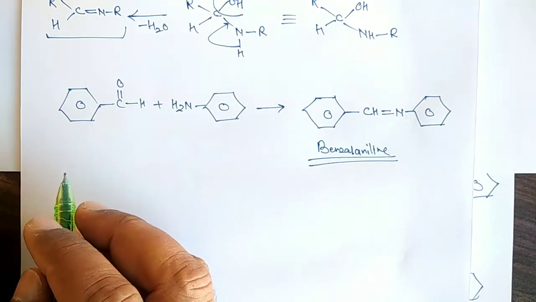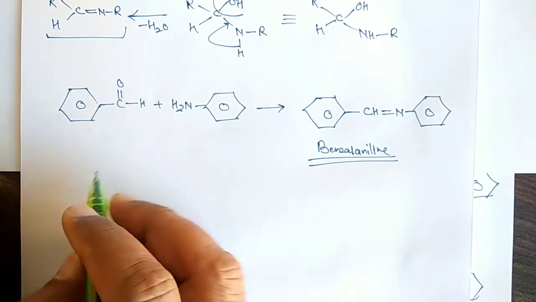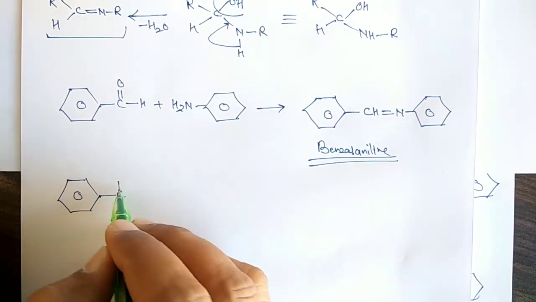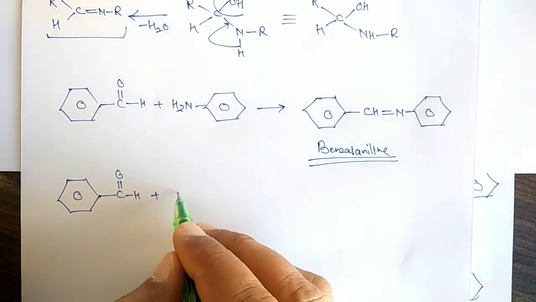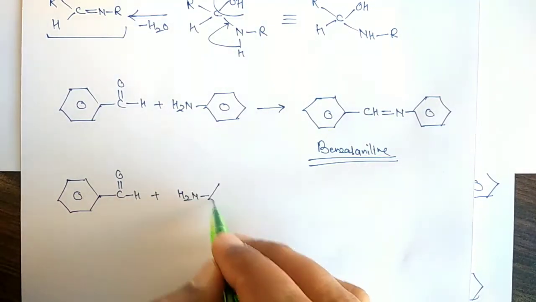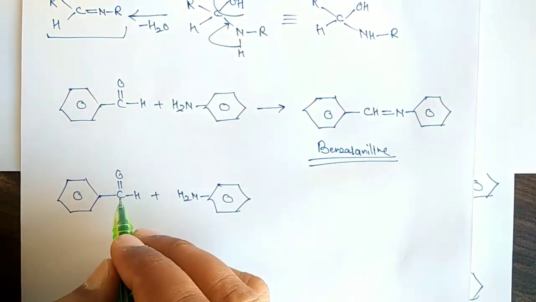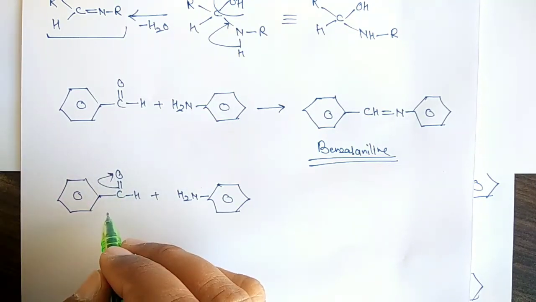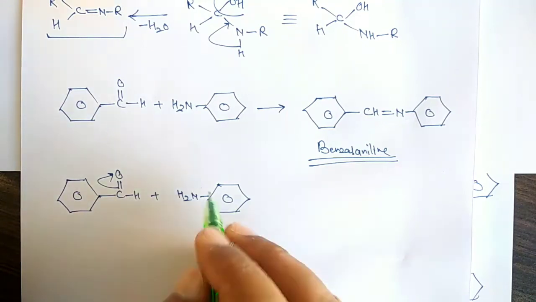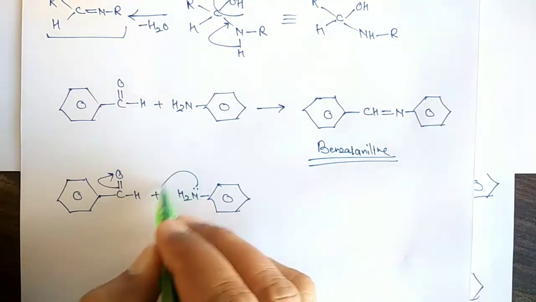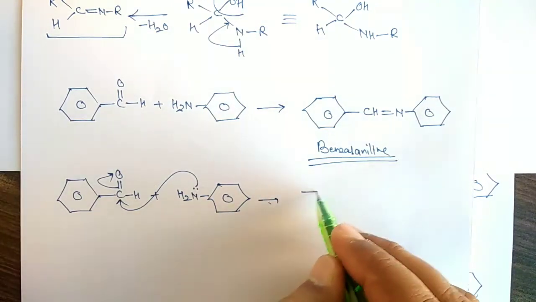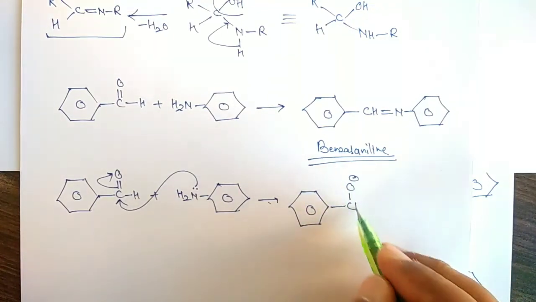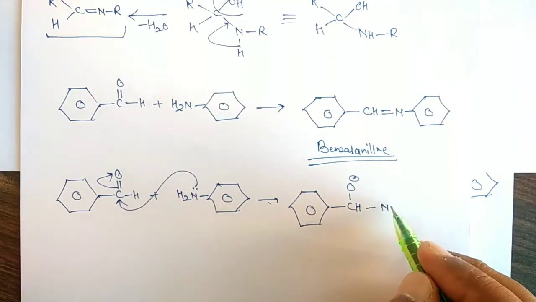So I will do the mechanism here. So let's start from benzaldehyde. So this is benzaldehyde and this is aniline. Now see that oxygen is more electronegative than this carbon. So therefore it withdraws the electron density toward itself, and this oxygen carries negative and this carbon carries positive. Nitrogen has a lone pair. The nitrogen will donate its lone pair to this one. Now see what we will get here. Here is this C, here is O carrying negative, here is H, here is nitrogen, and here is H.